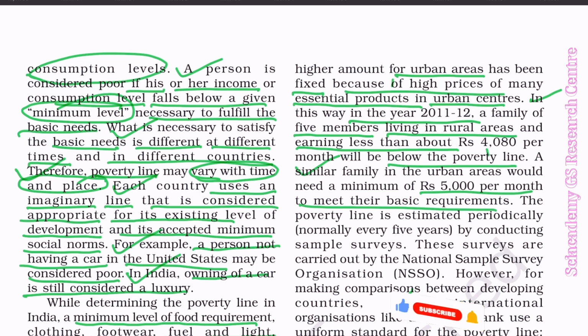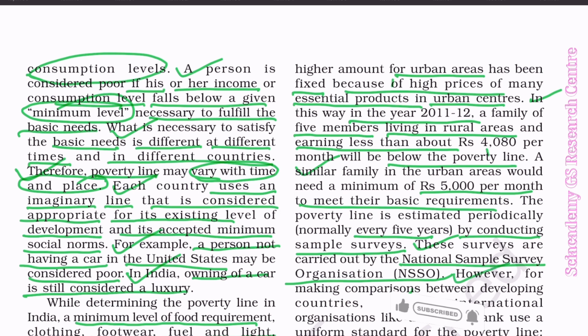The poverty line is estimated periodically, normally every 5 years, by conducting sample surveys. These surveys are carried out by the National Sample Survey Organization,